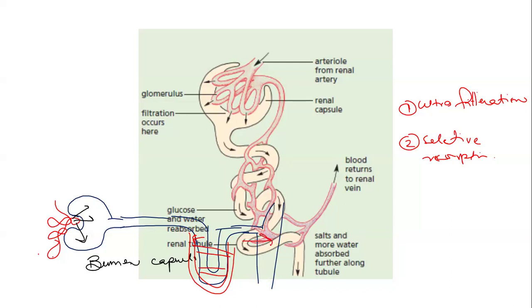But that will only happen if there is too much water in the body. Normally, if you are drinking just enough water, the water is going to be absorbed as needed. It will be taken back into the body. But if there is too much water in the body, then yes, it will pass to the collecting duct, and the collecting duct will